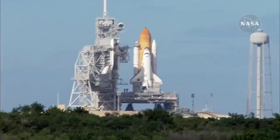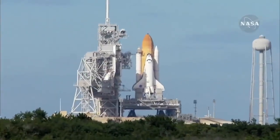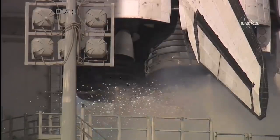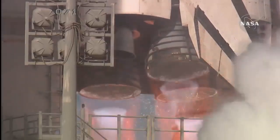20. Firing chain is armed. Sound suppression water system activated. T-minus 10, 9, 8, 7, 6, 5, 3, 2,